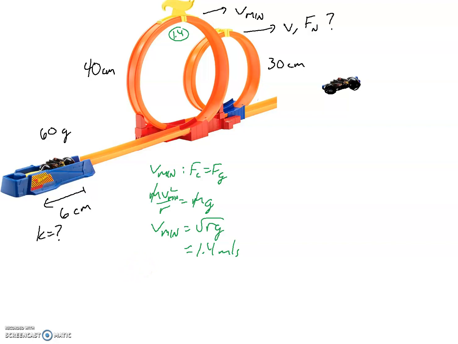The kinetic energy for this first loop is one half mv squared. I'll put in my v value: square it, multiply by 0.5, multiply by 0.06, and we've got 0.059 joules of kinetic energy. I'm also going to find the potential energy up there. That's just mgh. I've got the mass of 0.06, multiplied by 9.81, multiplied by 0.4 for the height of that loop, and I've got